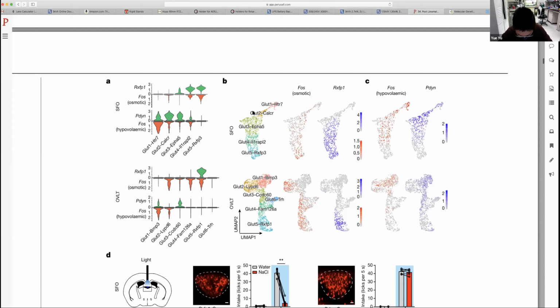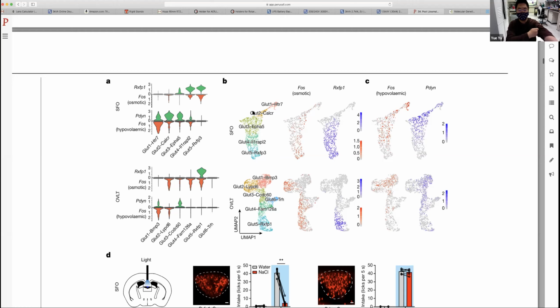Well, but what they're claiming here is that expression of RXFP1 and pyronorphin strongly correlate with osmotic and hypovolemic thirst respectively. So I think this is still kind of condition specific. Then they define RXFP1 to be a marker for the osmotic condition, whereas pyronorphin functions as a marker for the hypovolemic stress condition. All right. But